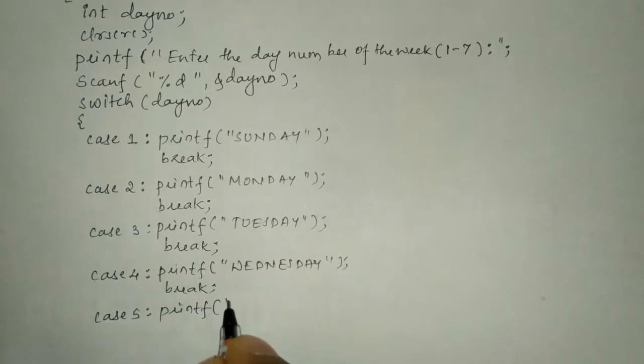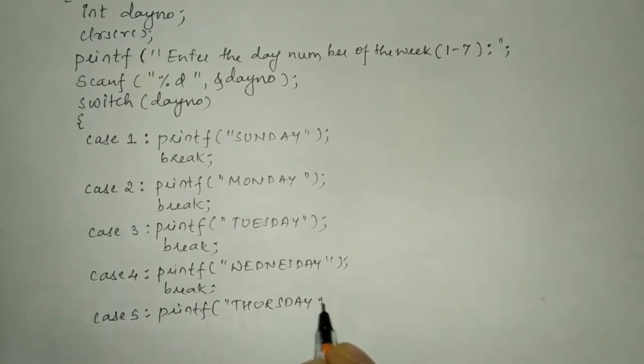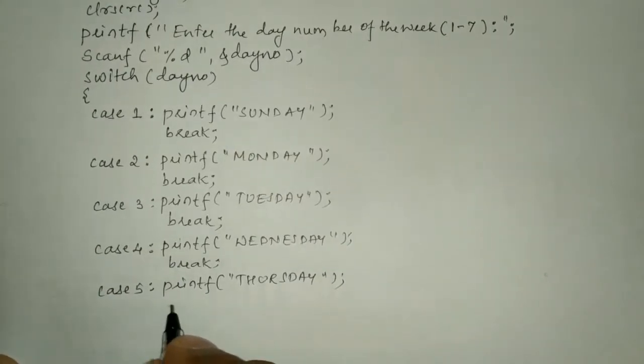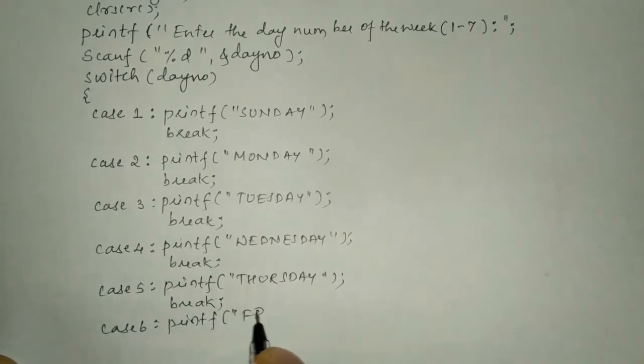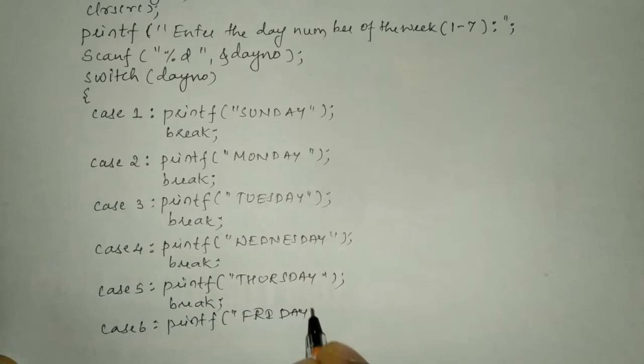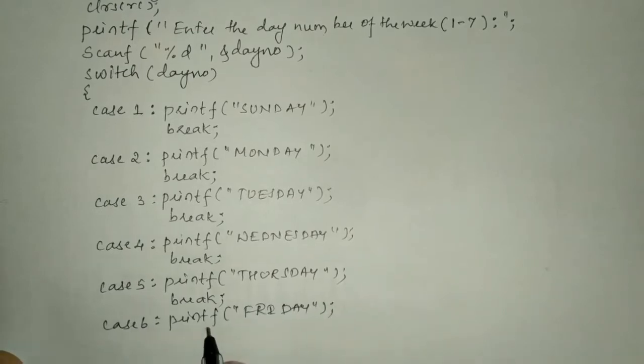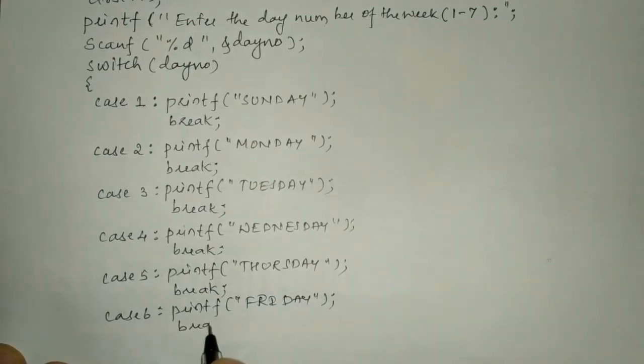case 5 printf Thursday, end the double quotation mark, put semicolon, and then we'll write here break case 6 printf, in a double quotation mark we'll write Friday, end the double quotation mark, put semicolon, again we'll write here break